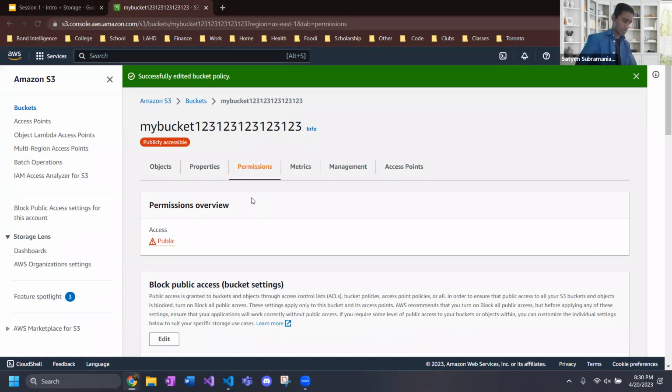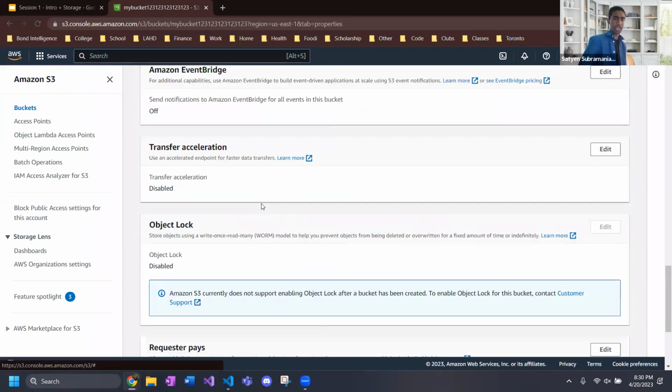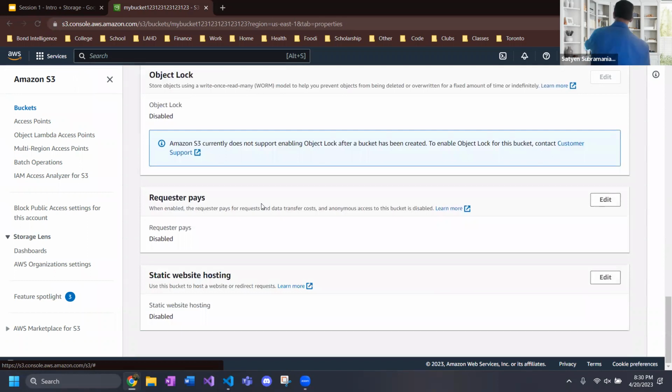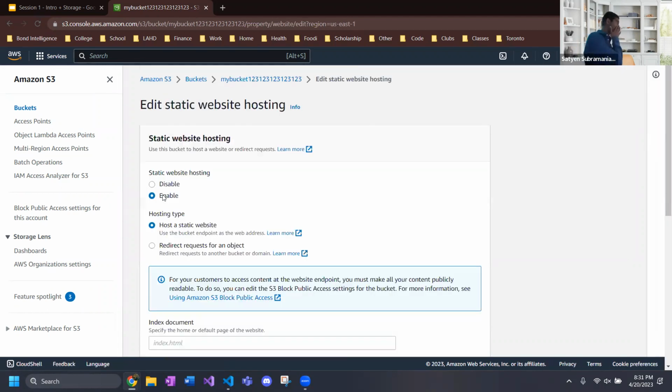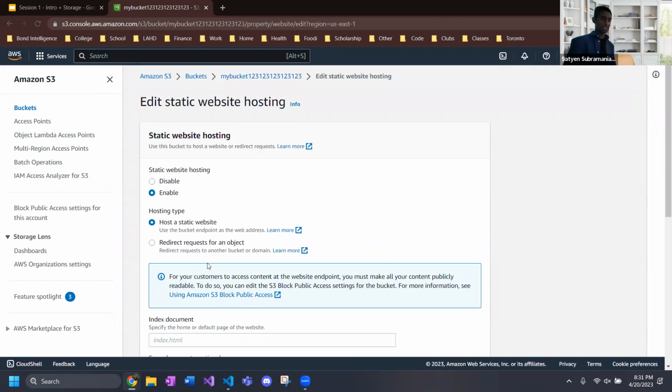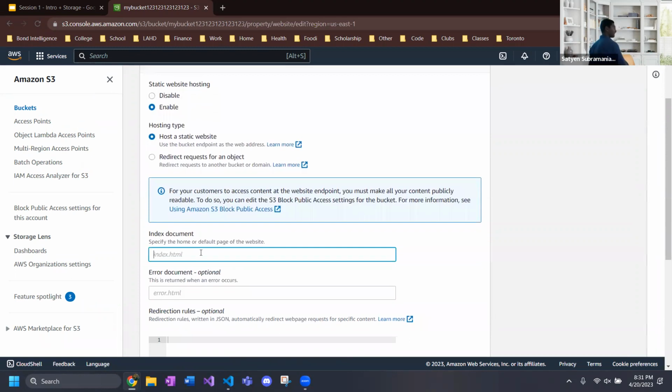Let's go over to properties here and then scroll down to the bottom. We want to click on this static website hosting part. If we click edit, we want to enable this. This just tells S3, hey, recognize the data that we're going to store as a website. And it lets us specify the file to direct the website to when you first look it up. So we're just going to write index.html